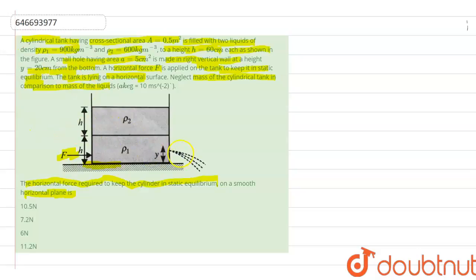So what we do now, we will make an area orifice here. We take a point just outside, that is B, and just inside, that is A. We are taking these two points and applying Bernoulli's theorem. The point B is just outside and the point A is just inside. And we know that according to Bernoulli's theorem,